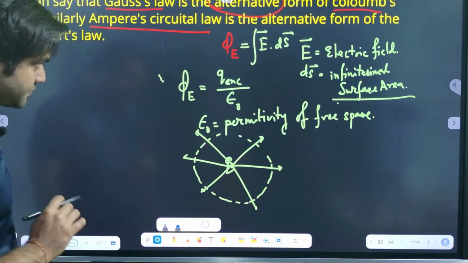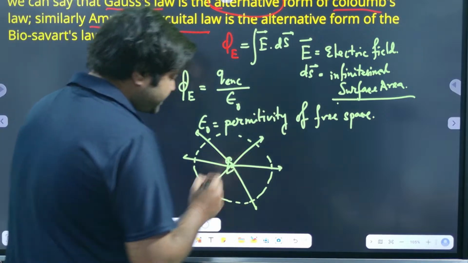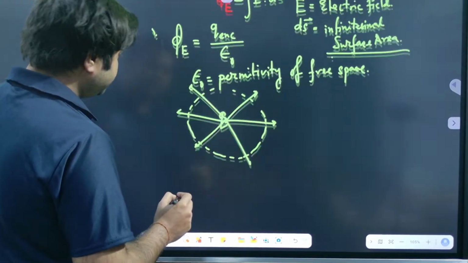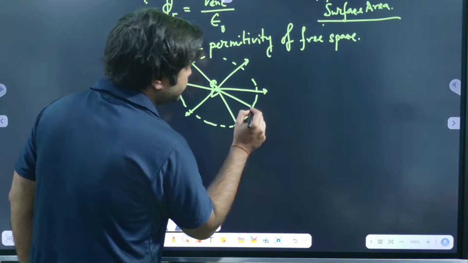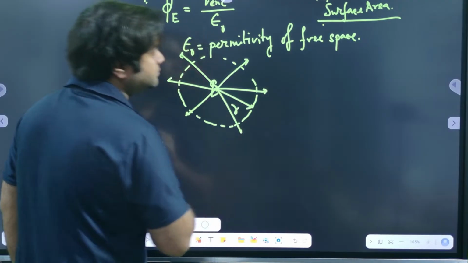So if I consider this sphere of radius r,